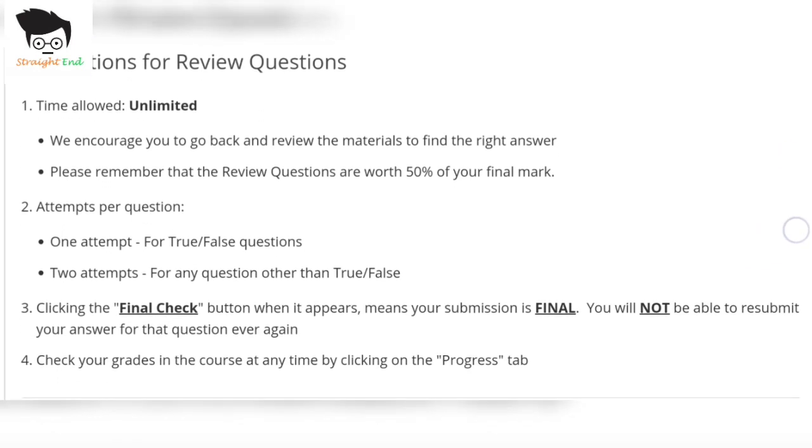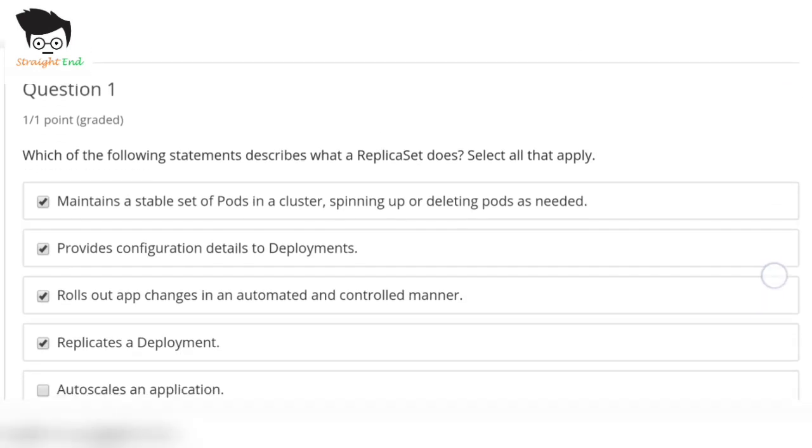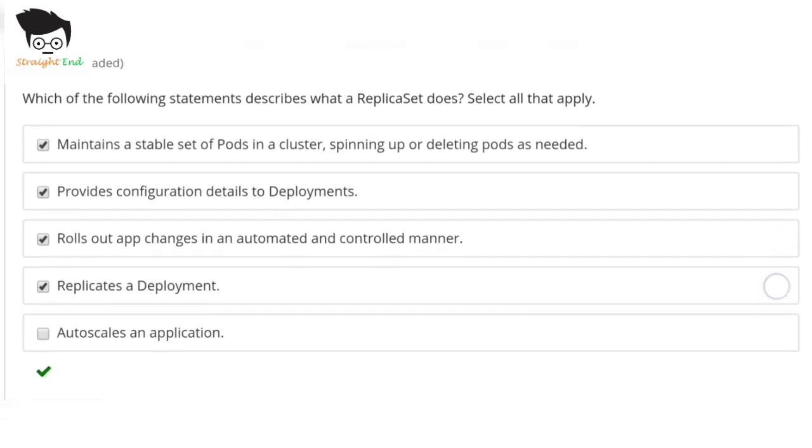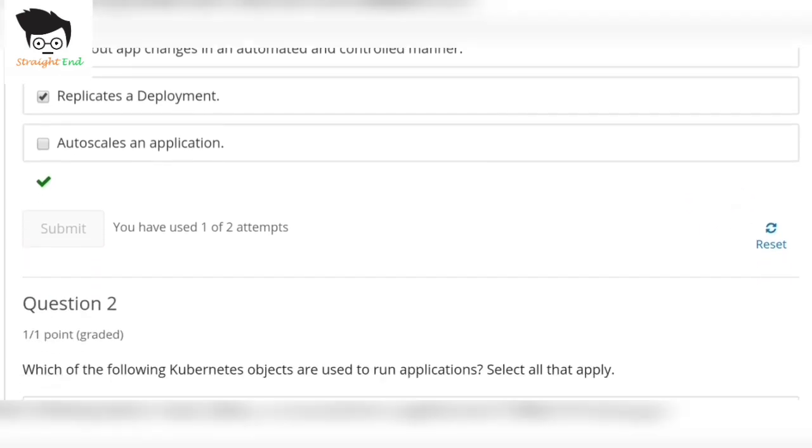Instructions. Question number 1, which of the following statements describe what a replica set does? Select all that apply. Option first, maintains a stable set of pods. Option 2, provides configuration, rolls out app changes, replicates a deployment. The first 4 are correct, so click on all of these and submit it.